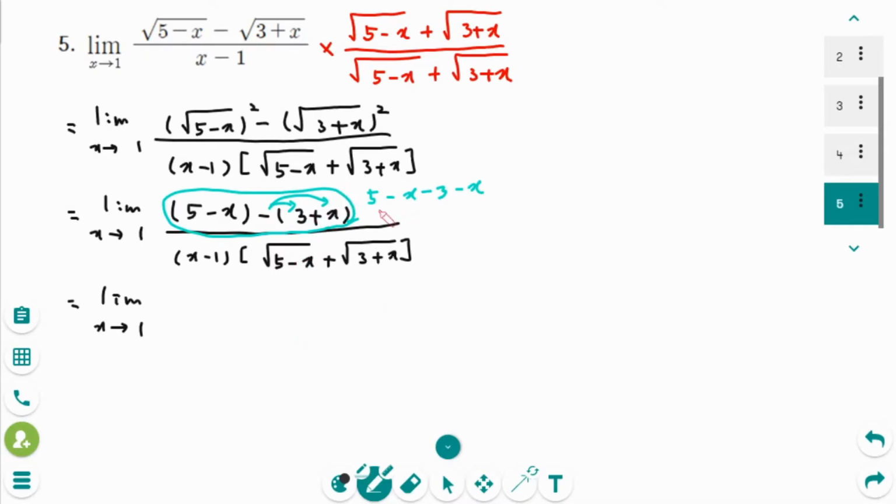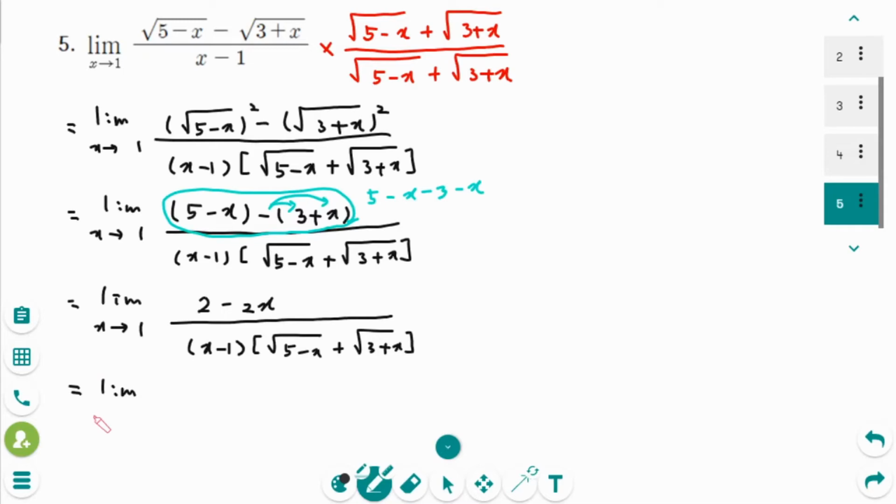So you get 5 minus 3, which is 2, minus x, another minus x, is minus 2x, over x minus 1, square root of 5 minus x plus square root of 3 plus x. And then we can factor the numerator. 2 times 1 minus x over, same thing,